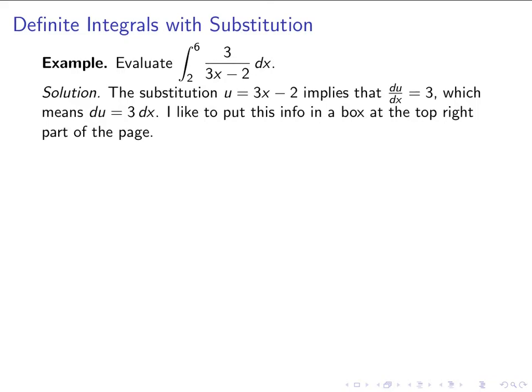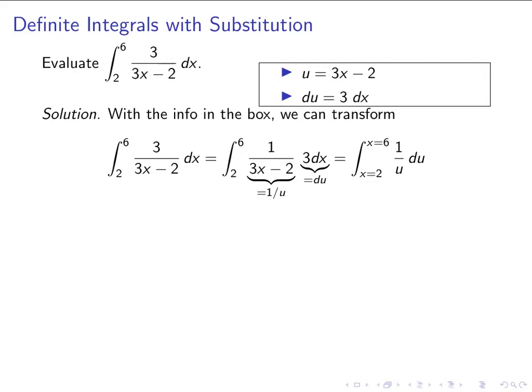All right, so I'm going to use the substitution u equals 3x minus 2. And as before, I'm going to take the derivative of that written in this du dx notation. The du dx will be equal to 3. And then that means when I write this as a relationship between the differentials, moving this dx over to the right makes that du equals 3 dx. And again, I'm going to put that in a box at the top, so I can refer back to it. So there it is. So now in my integral, I can do the transformation